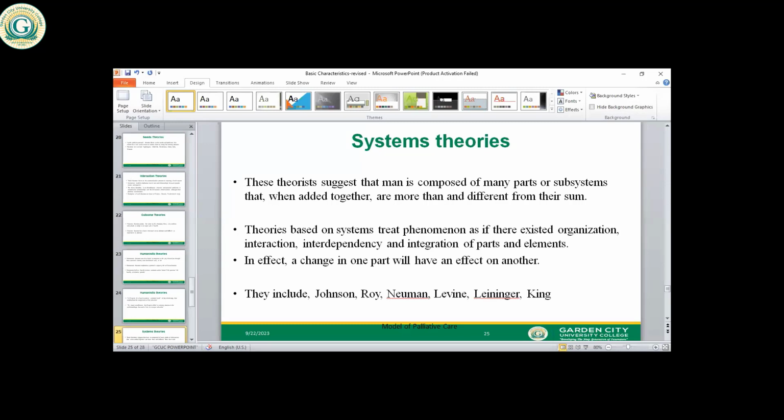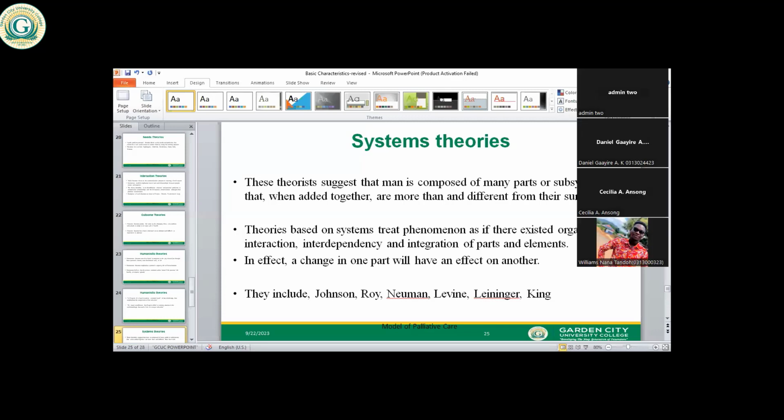What this phrase means is that for a disease or ill health to come about, according to the systems theory, it means that our subsystems are not in equilibrium. You remember homeostasis, we talked about it in anatomy and physiology. When the equilibrium between the internal environment and the external environment is not maintained, it can bring about ill health.